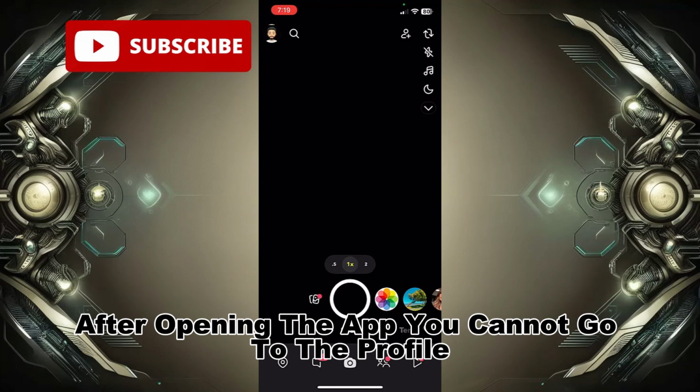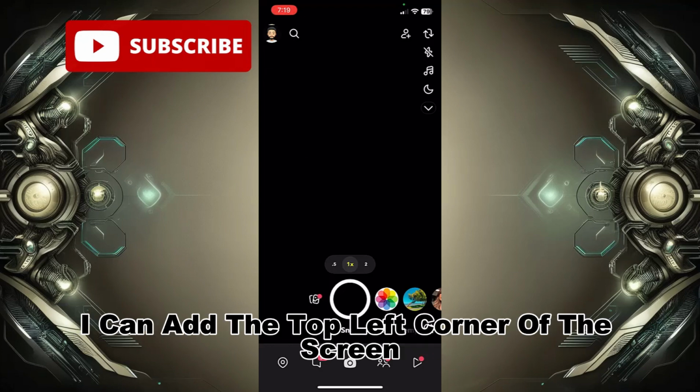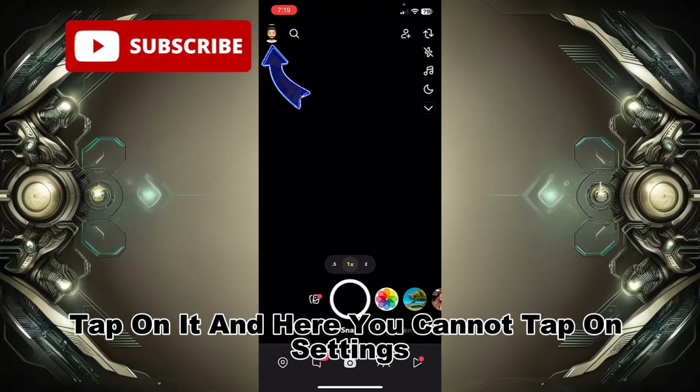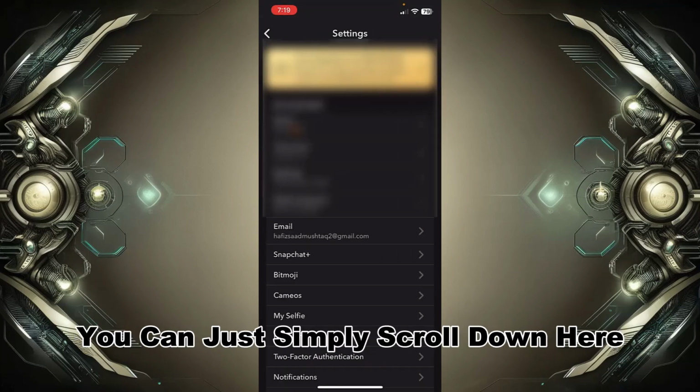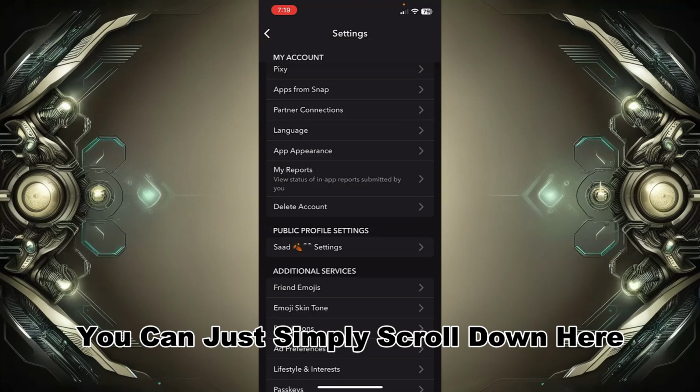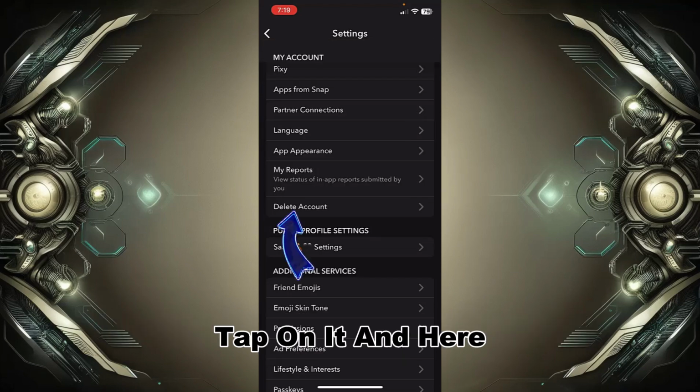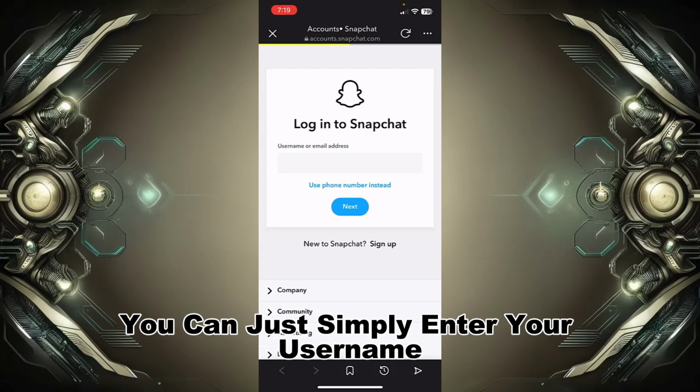After opening the app, you can now go to the profile icon at the top left corner of the screen. Tap on it, and here you can tap on settings at the top right corner of the screen. You can simply scroll down here. Now you can find the option delete account, tap on it, and here you can simply enter your username